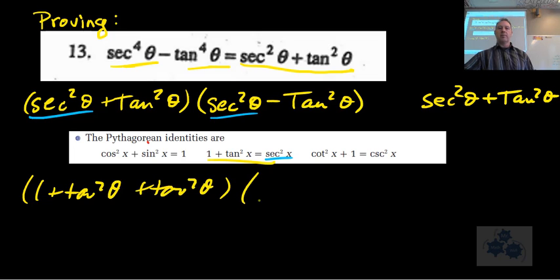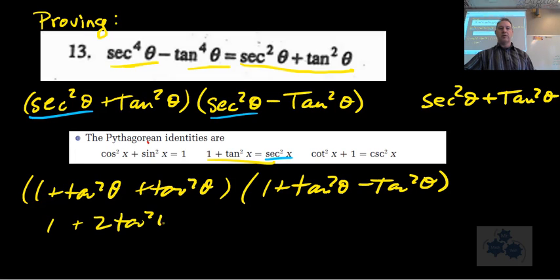All right. And again, 1 plus tan squared theta minus tan squared theta. All right, so what do we have here? We have 1 plus 2 tan squared theta. Sorry, it's getting a bit messy. And this ends up to be just times 1. All right, so we aren't there quite yet, but 1 plus 2 tan squared theta, we